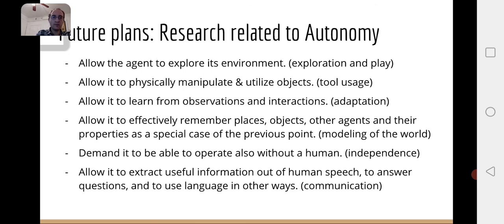Nevertheless, of course, it would be good if it could extract useful information out of human speech to work together more effectively with humans, to answer questions, and to use language in other ways, which I also have started to explore. And this concludes my new research focus, which is to progress everything which could enhance the